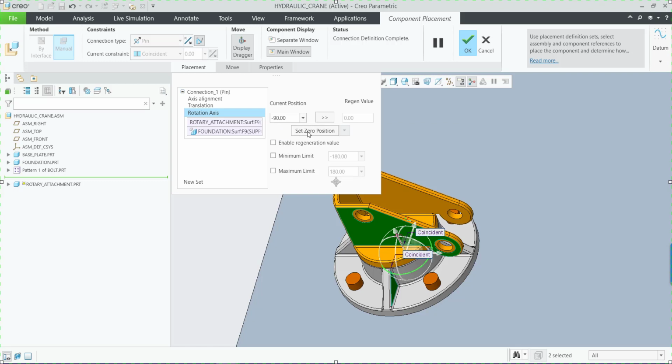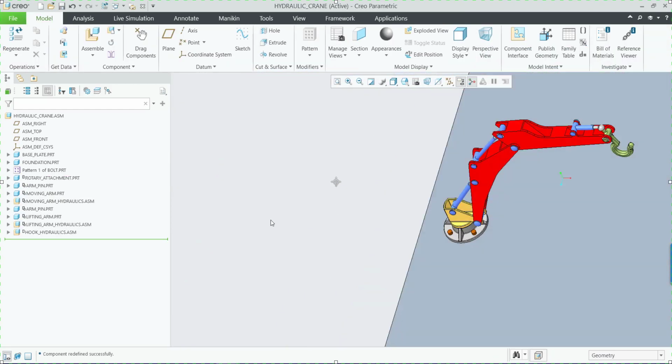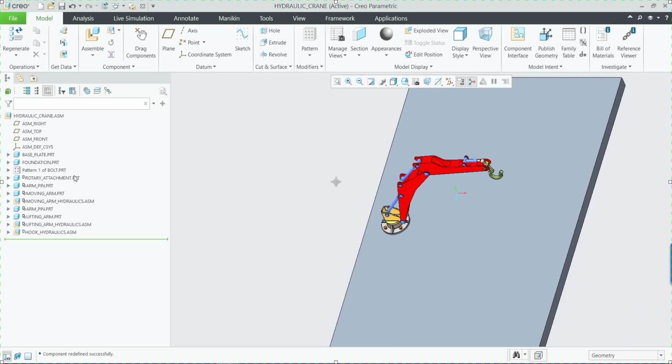So let me just click on this set 0 position. It's now set as 0. The angle 90 between these 2 surfaces has been set as a 0 position. So I will enable this regeneration value by clicking this option, and then I would have to set the limits of motion. I can say that it will rotate by 90 degrees in both the plus and minus direction. So let us say first limit as minus 90 degrees and second limit as plus 90 degrees. That way I have converted the rotary attachment as well to the mechanism connection, which is a pin type